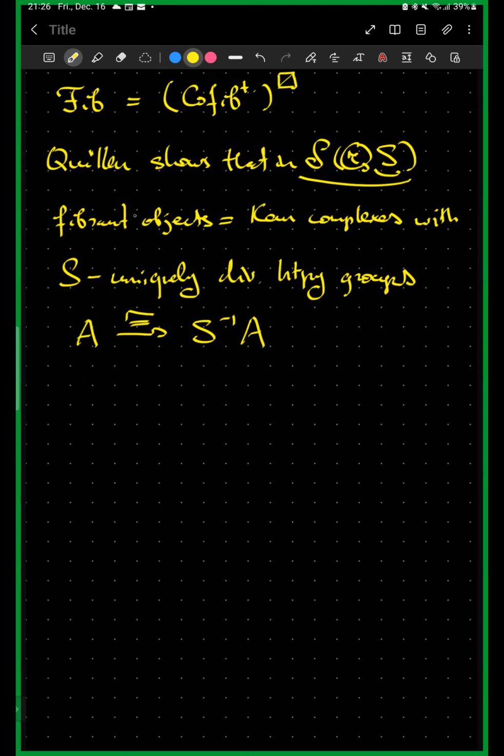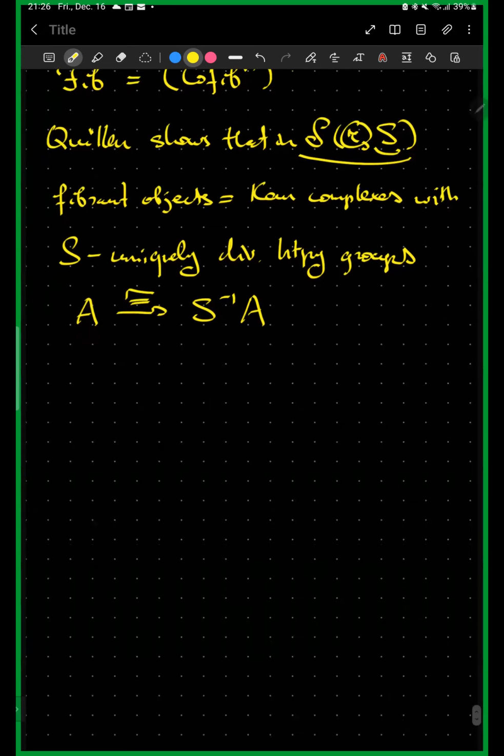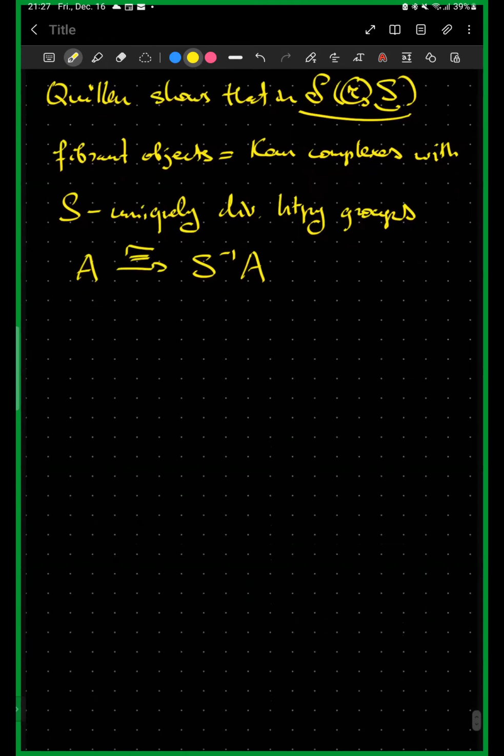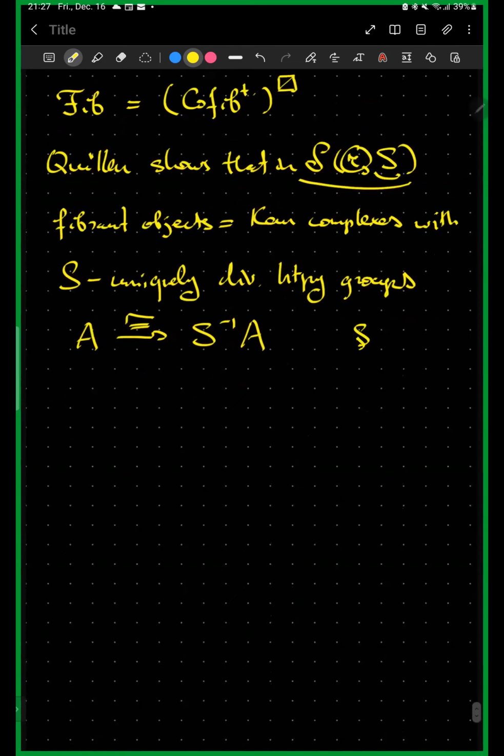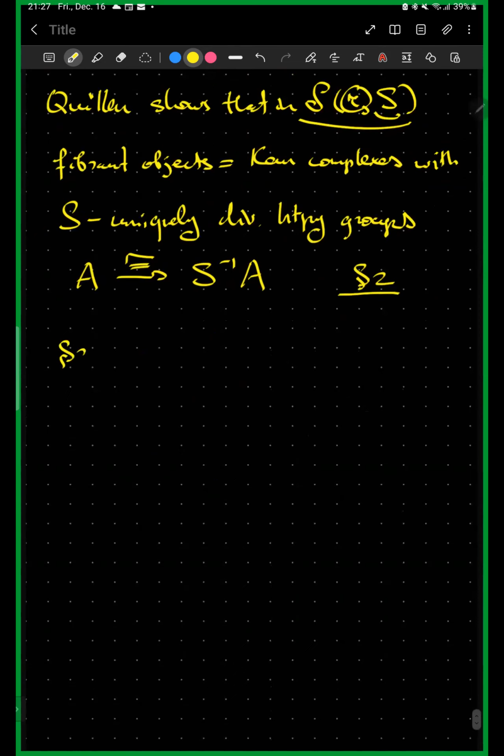So nowadays this is done just by some general considerations, where we say that fibrant objects in both localizations are local, fibrant objects in the initial category. So this condition that some space has S-uniquely divisible homotopy groups just means that it is S-local. So this is the contents of section 2, and in section 3,